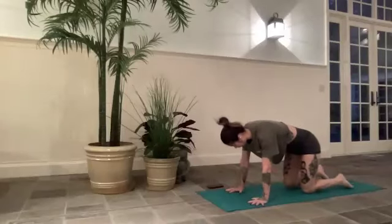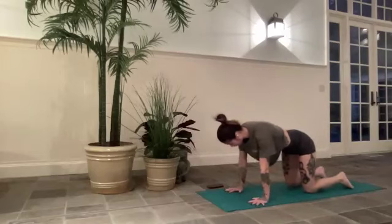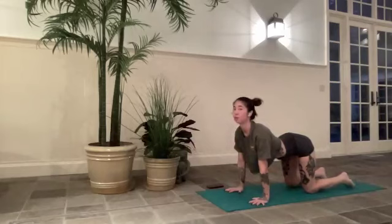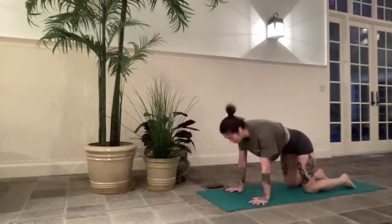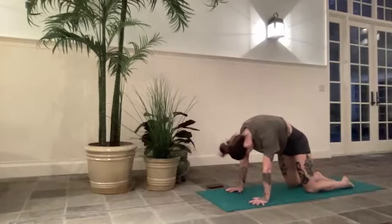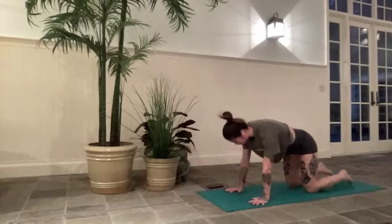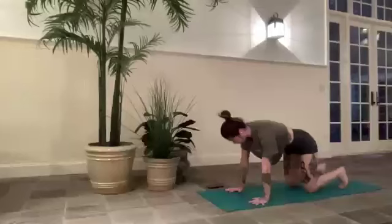Shoulders over wrists, hips over knees. And then go ahead and inhale to a cow pose. Lift your heart, lift your tailbone. Invite your heart forward and through. And then as you exhale, press and curl to find your cat pose. Be actively tucking through your chin as you drive the earth away through your hands. We'll make our way back into our tabletop pose,